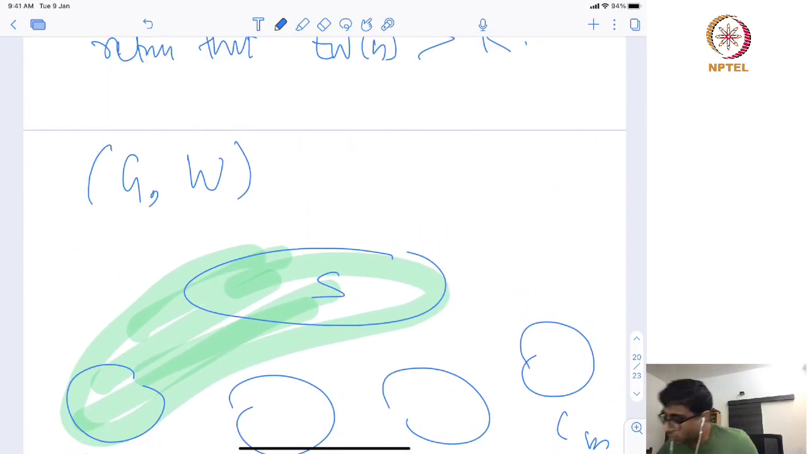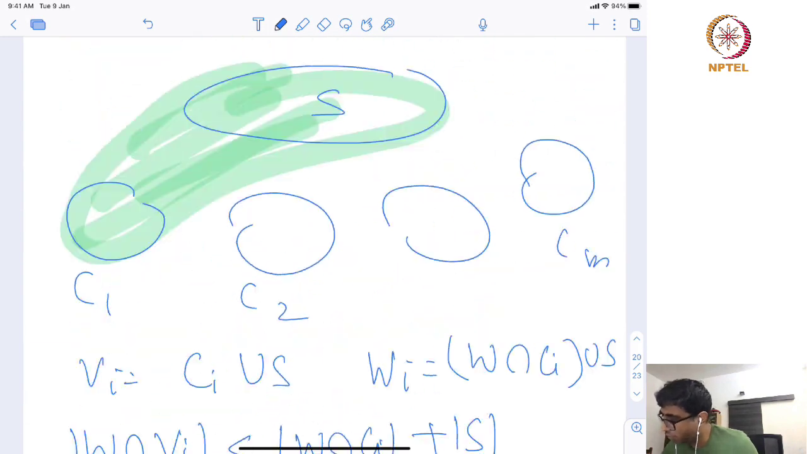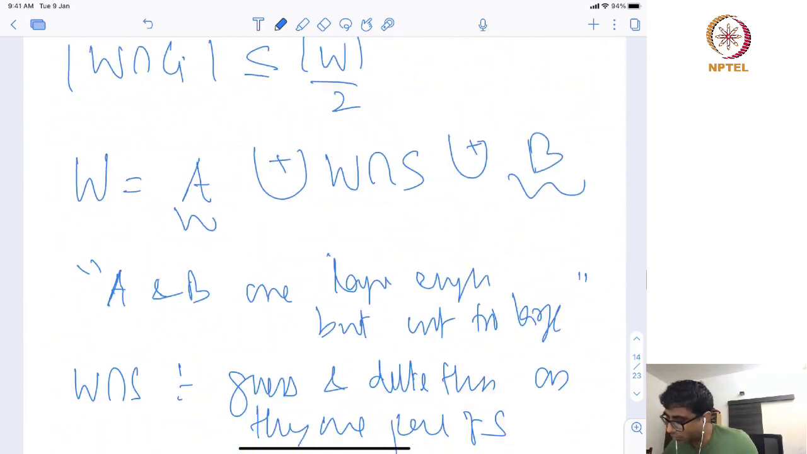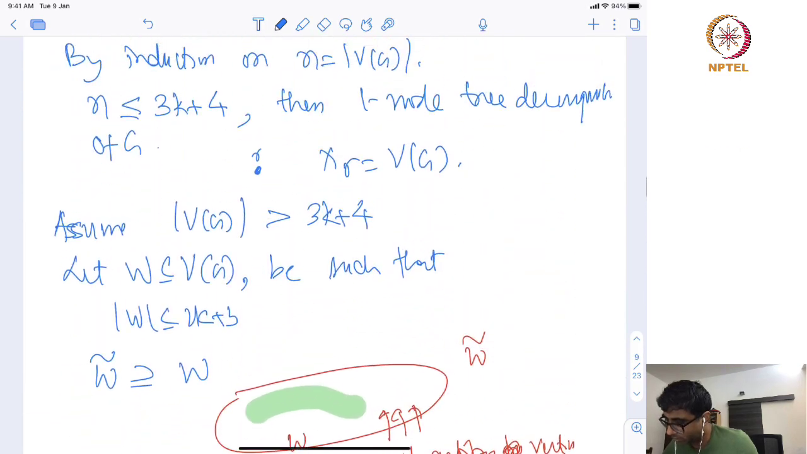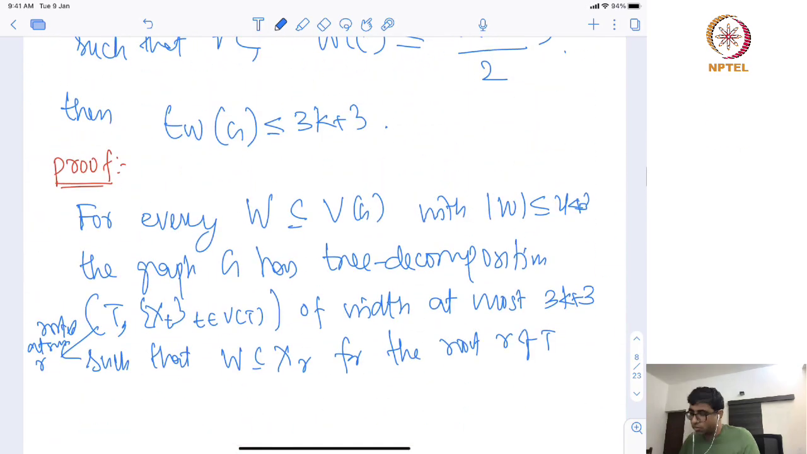So what is my algorithm? My algorithm is as before. Let's go back to our algorithm. This is going to be an inductive algorithm, but now